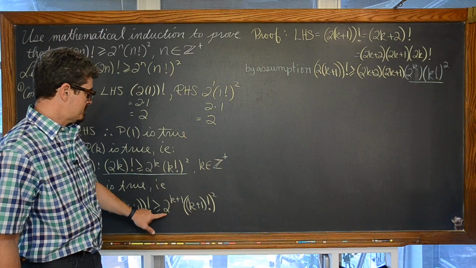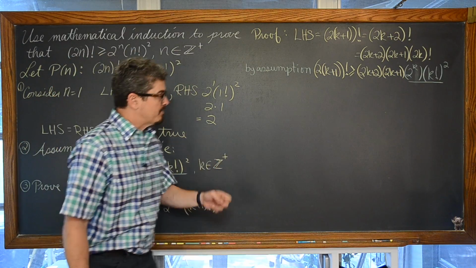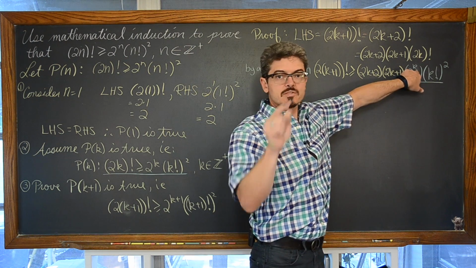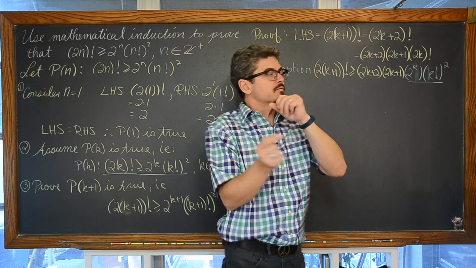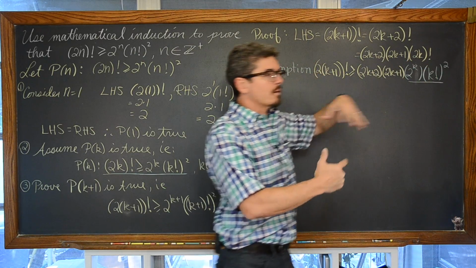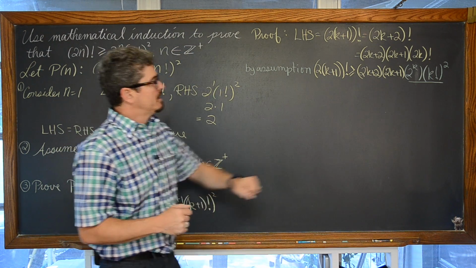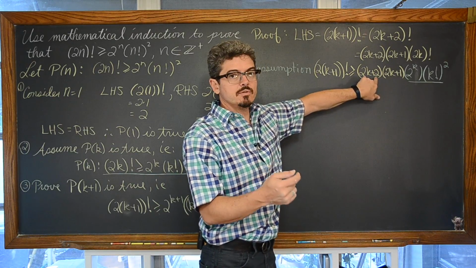Well, the only way we can get a 2^(k+1) to show up is if we have a 2^k, and then the plus 1 in the exponent means we need to be multiplying in another base of 2. So is there any factor where we can take out a factor of 2 to combine it with that 2^k power, where this first factor here has a common factor of 2? So pull that out.